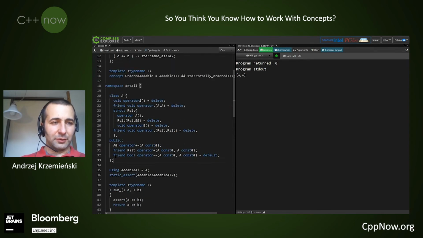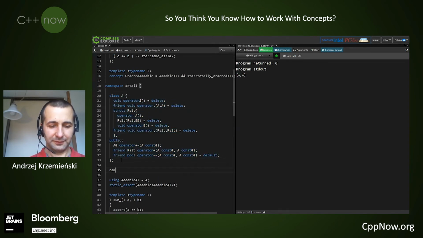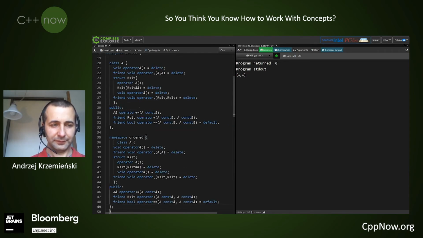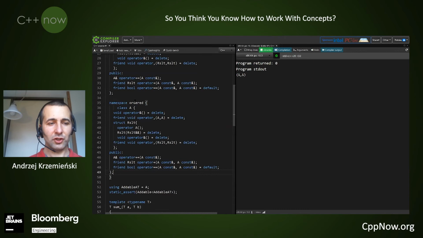So again, in order to make it quick, I will risk doing copy and paste. So it's the same, except that it's in a different namespace. And the only thing I will change here is not operator equals, because we need all the operators here. So we will change it. We'll use another feature from C++20, which is spaceship operator. And with one declaration, we can actually provide 6 operators. I think that's it.